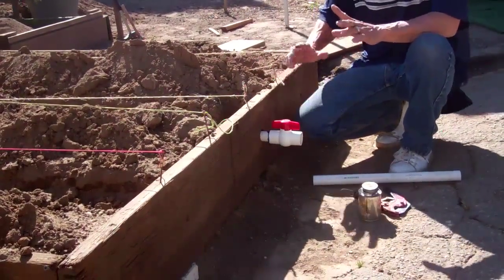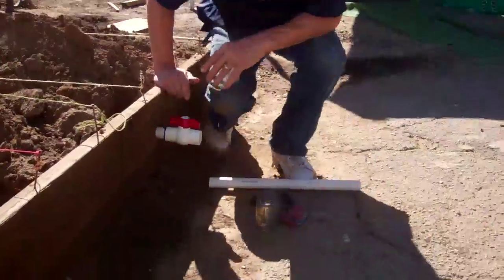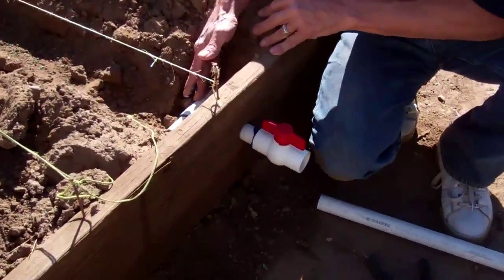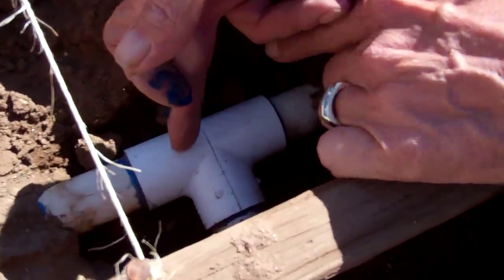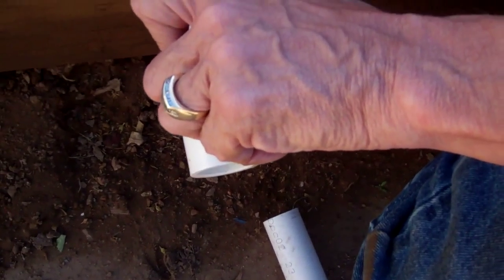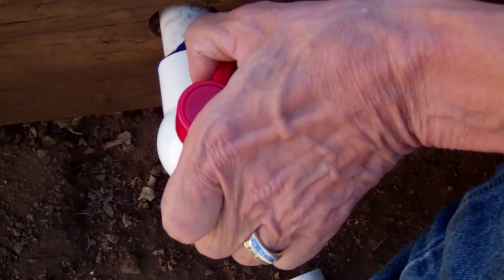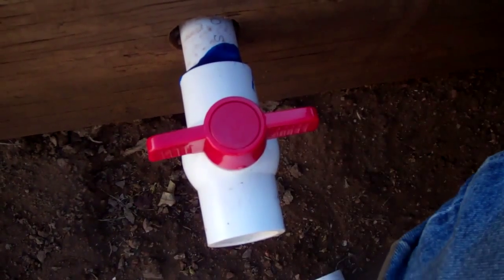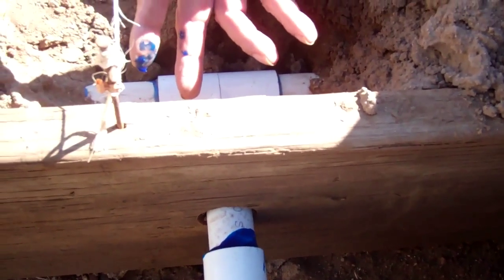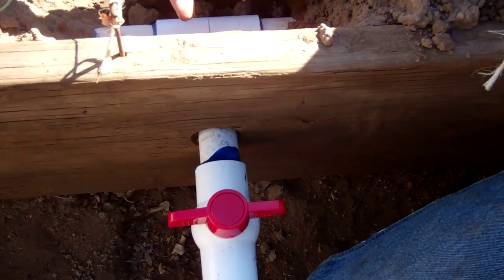So now we're able to flush the system at any time. So let's recap what we've done. If you come on over here, you'll see that we got our T right here. Now we come into the T, we came out, we drilled the wood, and we have our flush valve that we can turn on and off. That's in the off position, obviously, and you turn it on to flush. So now all that we have to do is give it a test run to see if it's going to work. So what we're going to do, we'll let the glue dry for a few minutes, and then we'll